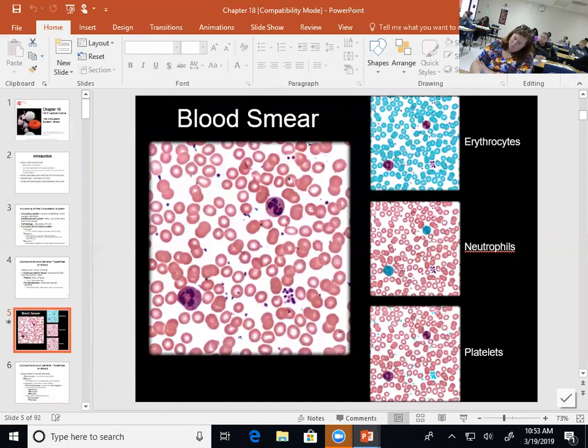A blood film, it's a film. You take a drop of blood and you make a film of it. And it's going to get stained. I'm going to stain y'all so that you can look at it the next time we come in. But what you're going to see in a blood differential is you're going to be able to look at the